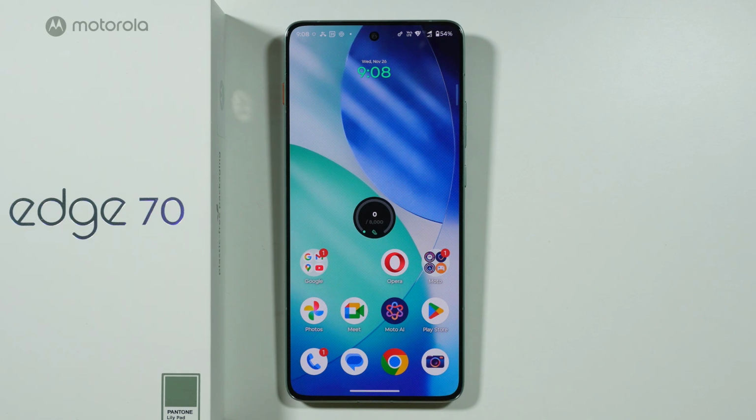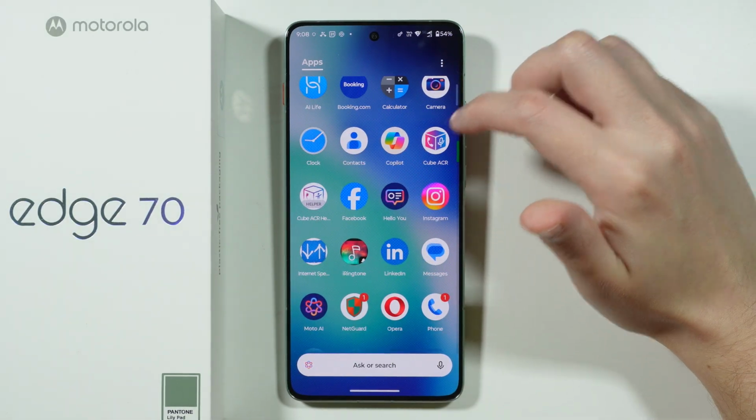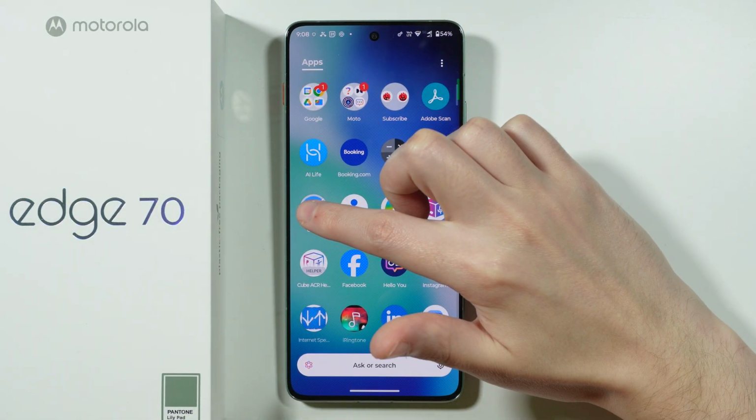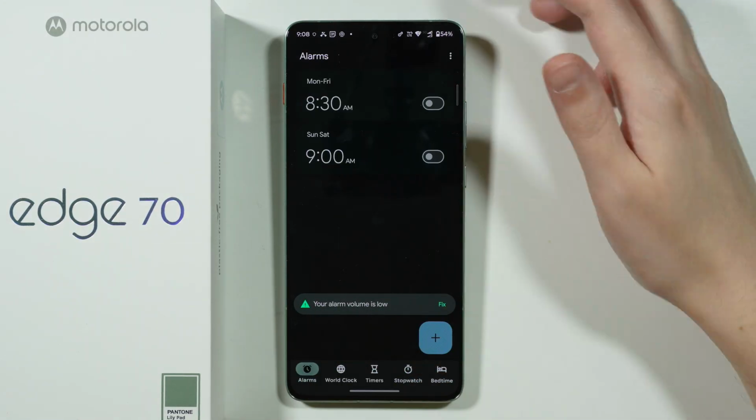If you want to set up an alarm clock on the Motorola Edge 70, what you need to do is go to the app drawer, and then over here you should be able to find the clock app. So once you open the clock app, you will probably immediately see that you are in the alarms, so